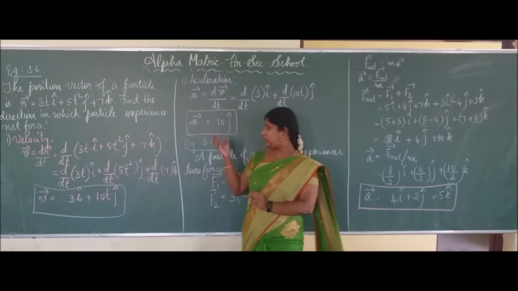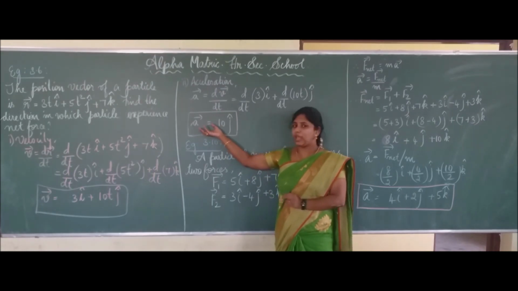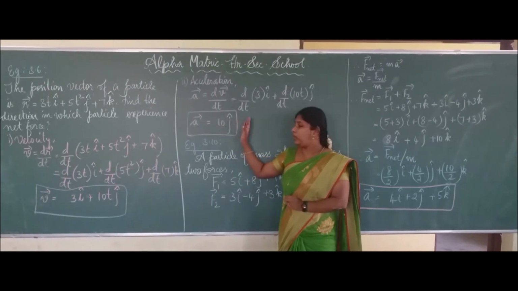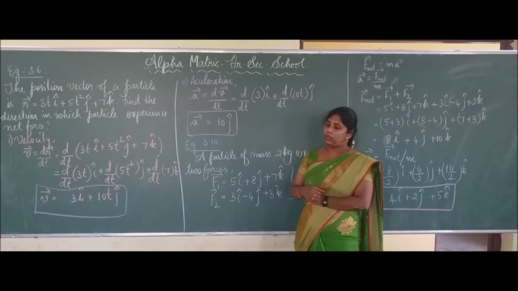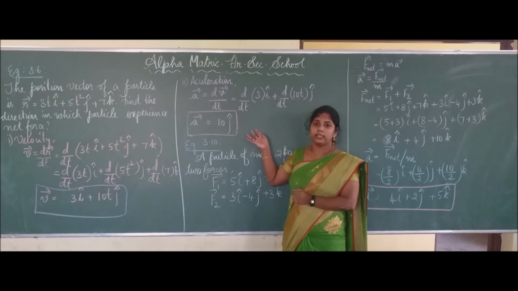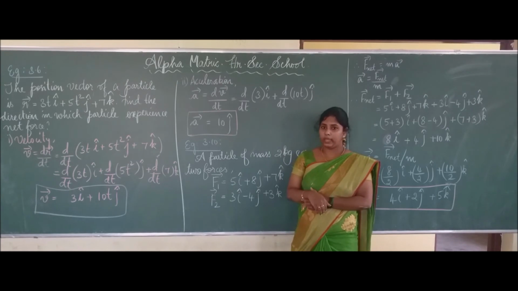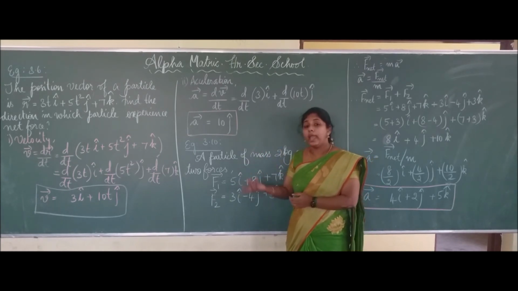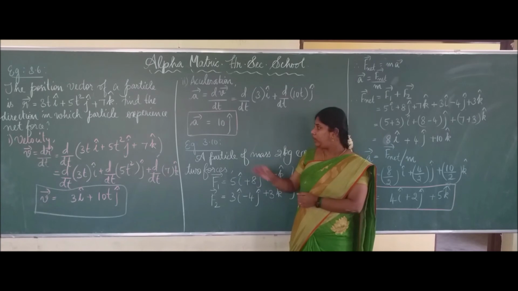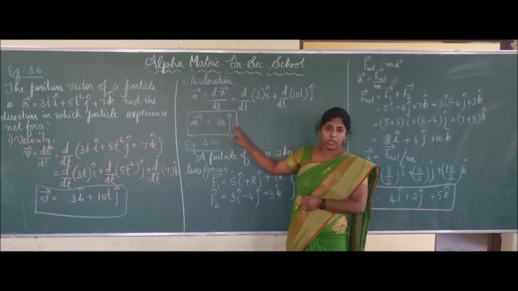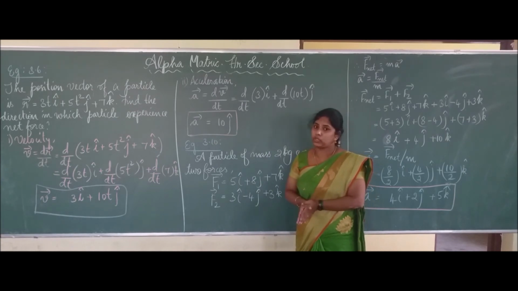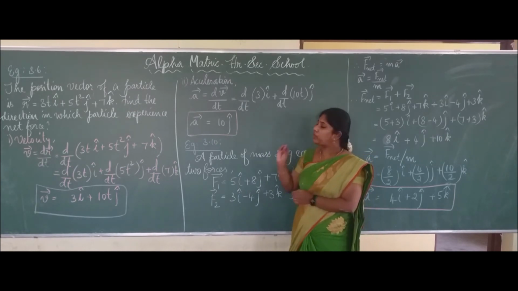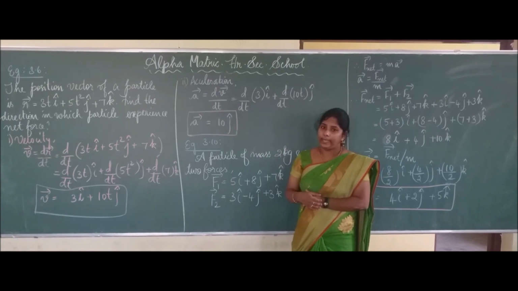Okay, so see here, the acceleration is acting only in the positive y direction, because we got the answer in positive j cap. So it is acting along the positive y direction, and the net force is also acting in the positive y direction only. Okay. So there is no net force acting along the x and z directions, because we got only 10 j cap as the acceleration, and force and acceleration are directly proportional. So I am telling you the net force is acting along the positive y direction.